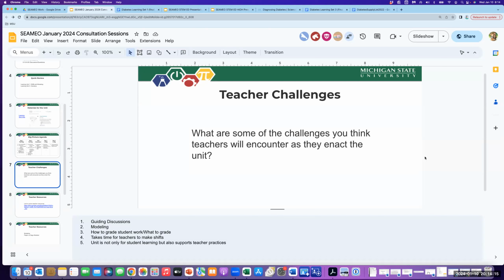We typically have a driving question for the teachers, and we have them go through that process, not only experiencing the examples in the unit, but also seeing us modeling some of those questions,